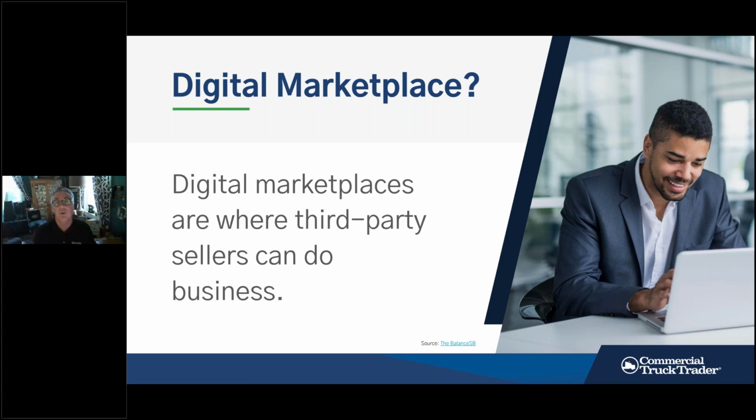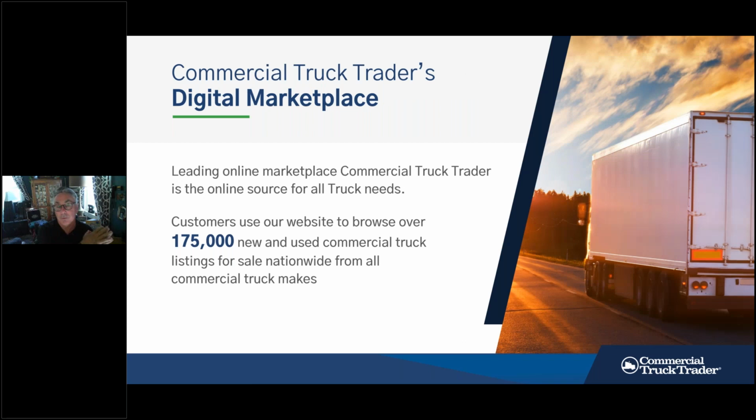So with over 1 million unique buyers coming to Commercial Truck Trader each month, we're able to do a lot of things. And one thing is we can build some really neat tools that can really help prospective buyers determine exactly what they need in terms of equipment. But what we also are able to do is capture enormous data and user behavior that we can then use to help our dealers and our OEMs understand better what the behavior of buyers are. And that really helps us create solutions and strategies that can grow your brand.